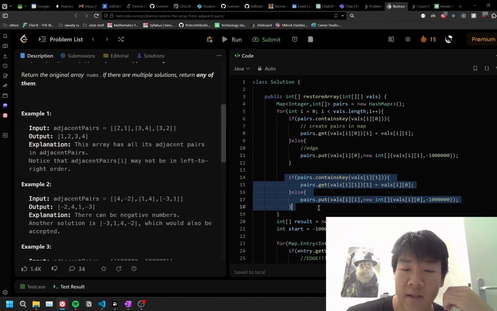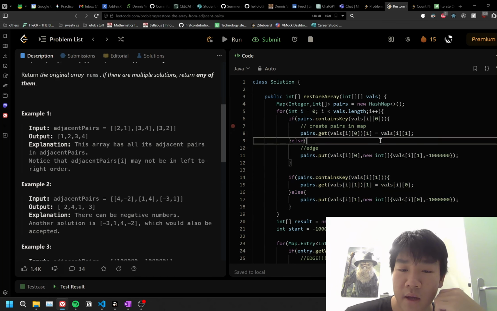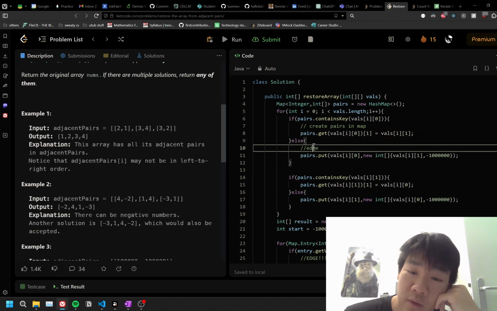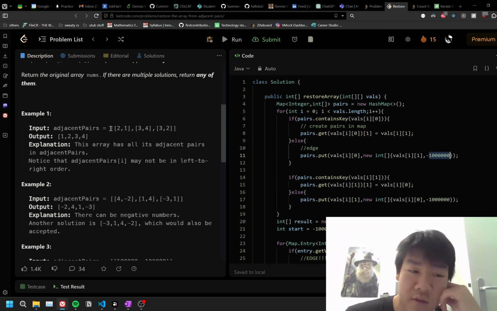We add the right side of the array here. And note that if it already exists, we want to update the surrounding variable. And if it doesn't, we want to set it as an edge, because notice how the